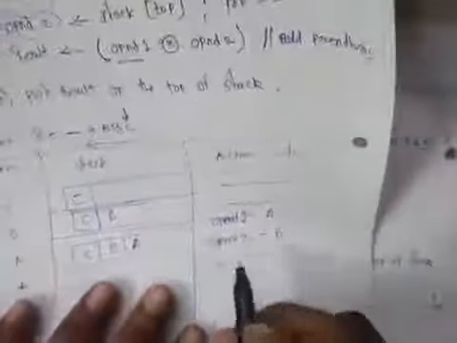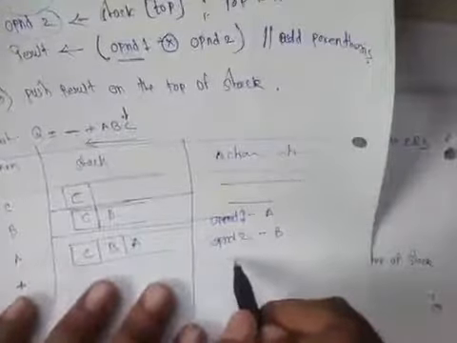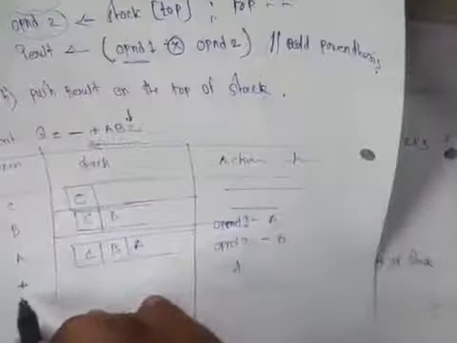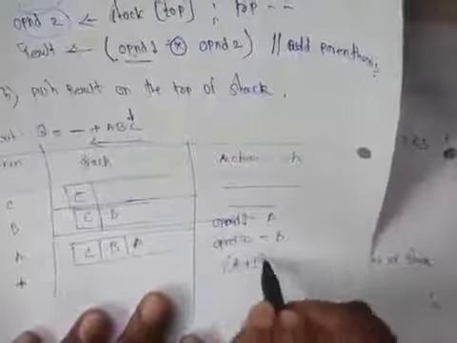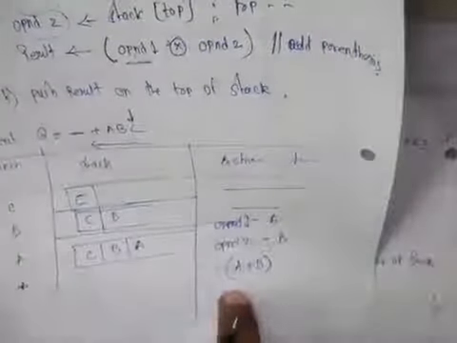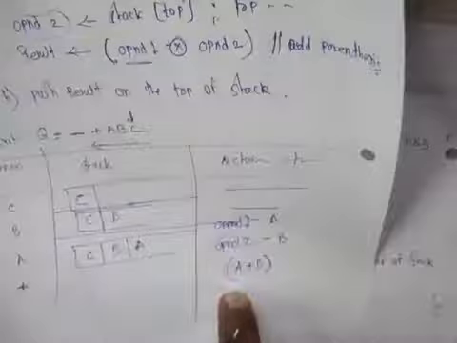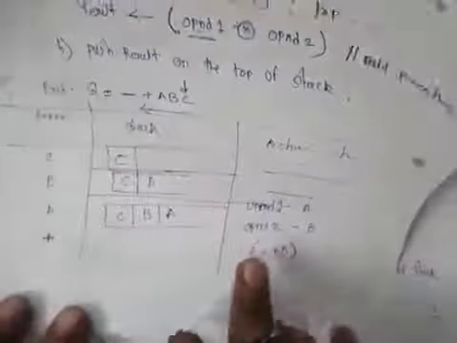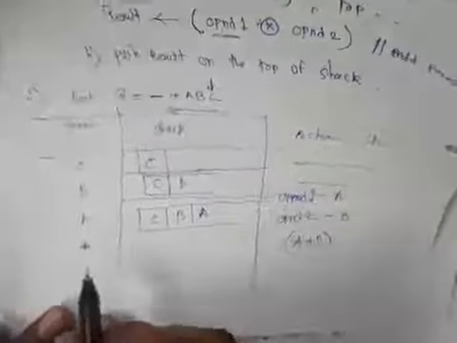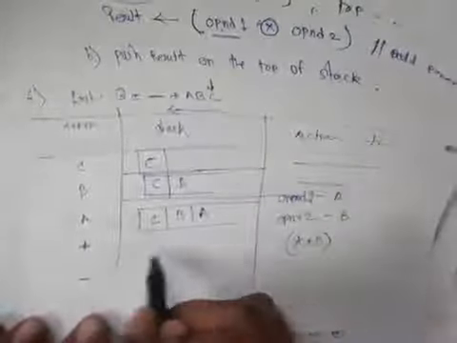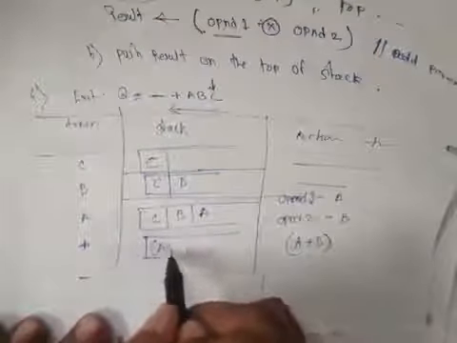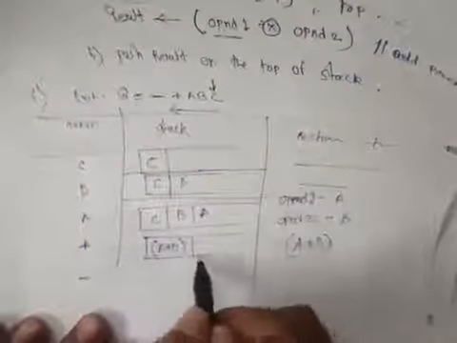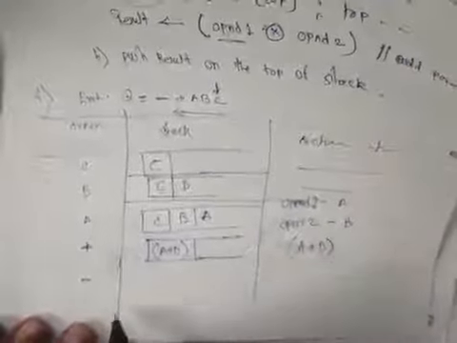B. And what are we going to do? We are going to put that operator, the plus sign, in between these two operands, operand 1 and operand 2, and put parentheses, since we are converting prefix to infix form. Okay. So the next token is what? Minus sign. Oh, sorry. Before going to the next token, we are going to push this on the top of the stack.